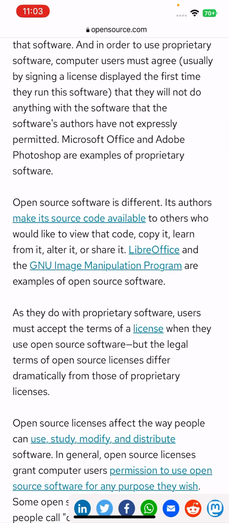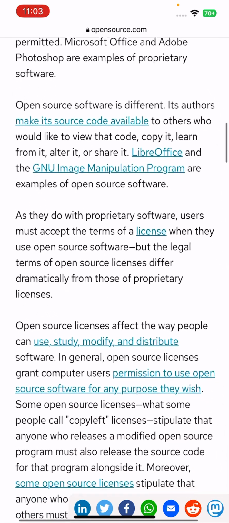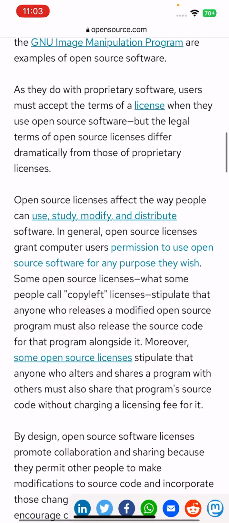As with proprietary software, users must accept the terms of a license when they use open source code, but the legal terms of open source licenses differ dramatically from those of proprietary licenses. Open source licenses affect the way people can use, study, modify, and distribute software in general. Open source licenses grant computer users permission to use open source software for any purpose they wish.